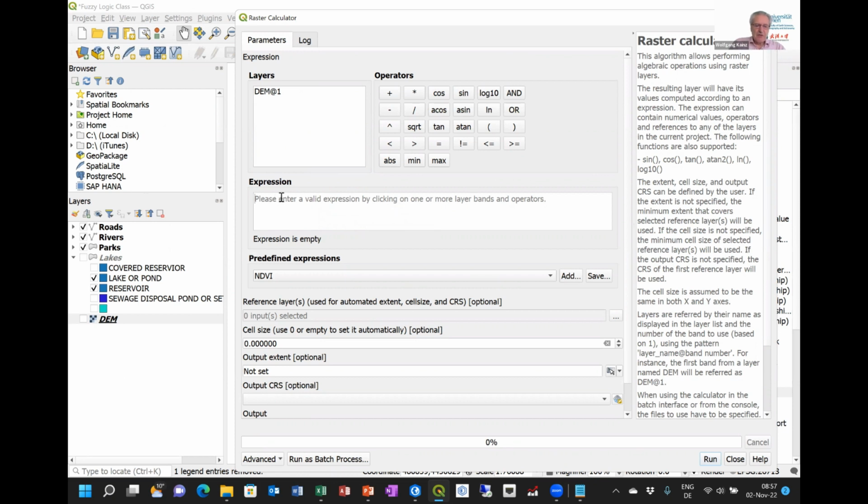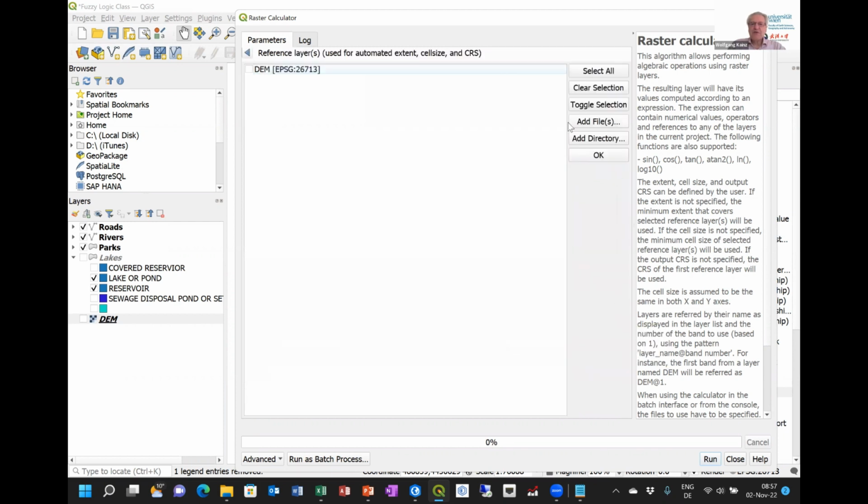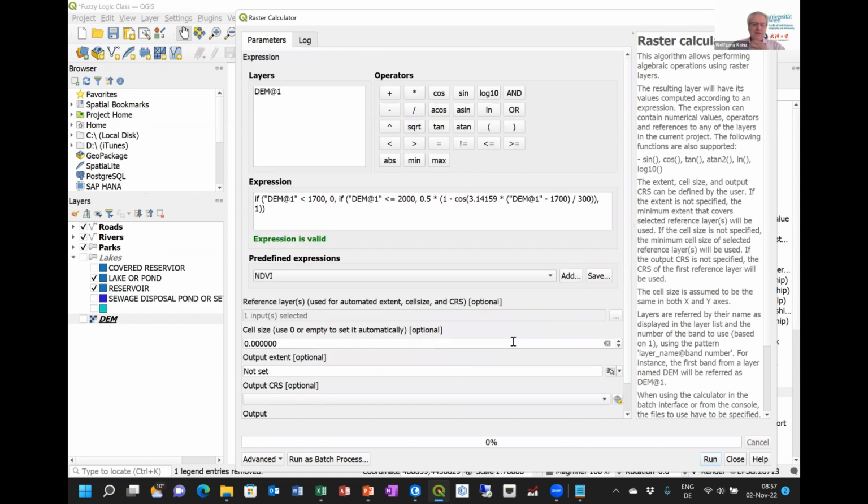And we paste our statement in here. And then we just have to do a little bit more here. We have to give a reference layer, telling QGIS what would be the extent and the cell size and the coordinate reference system of our result. So what I'm doing here, I use the elevation model as the reference layer,